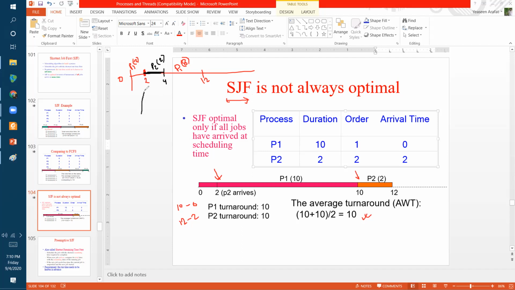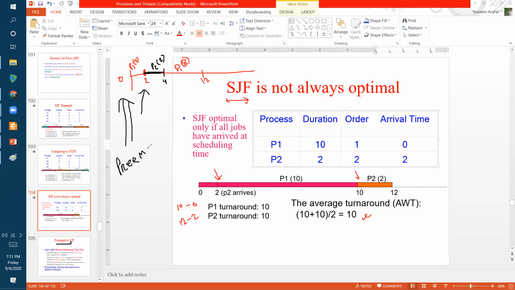Because at second 2 the scheduler takes the CPU from P1 and gives it to P2 to do its job. But we have seen that SJF is a non-preemptive job. The scheduler just coming and taking the CPU from P1 and giving it to P2, that's not going to happen actually. When the scheduler does this kind of job, we can call it preemptive SJF. Okay, preemptive SJF.